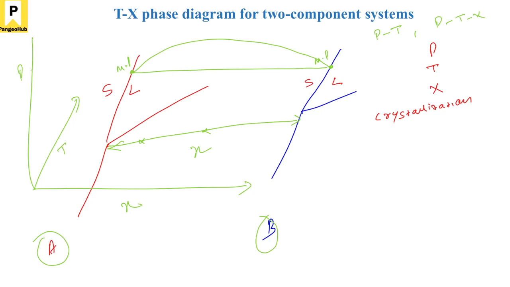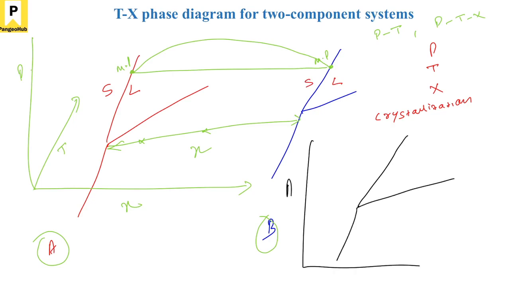If you have a one component system, this is how it was, and this is PT. So you have solid liquid here. You see this solid liquid equilibrium is not that sensitive to pressure, as this has a steep slope. So you see the slope is steep, and as the slope is steep, it is not that sensitive to pressure. So what we can do is fix the pressure.